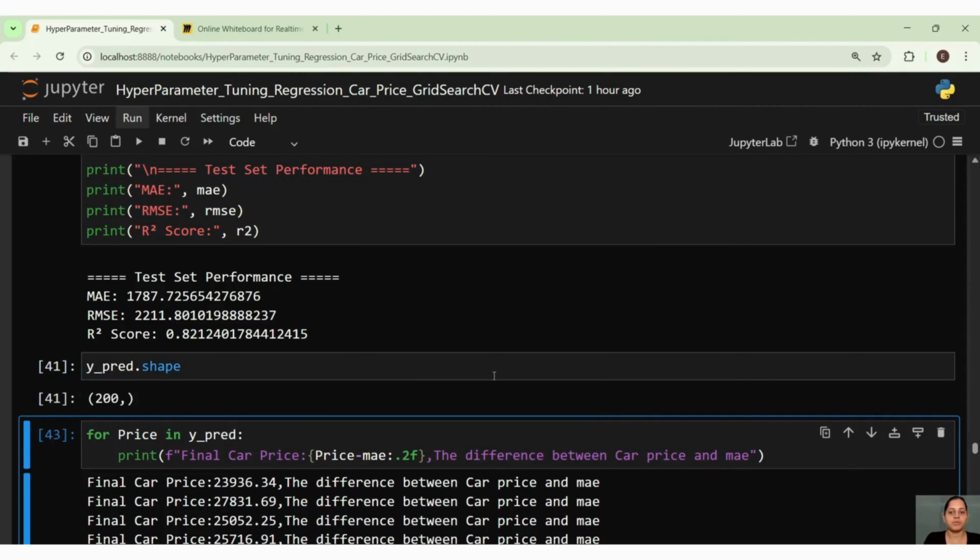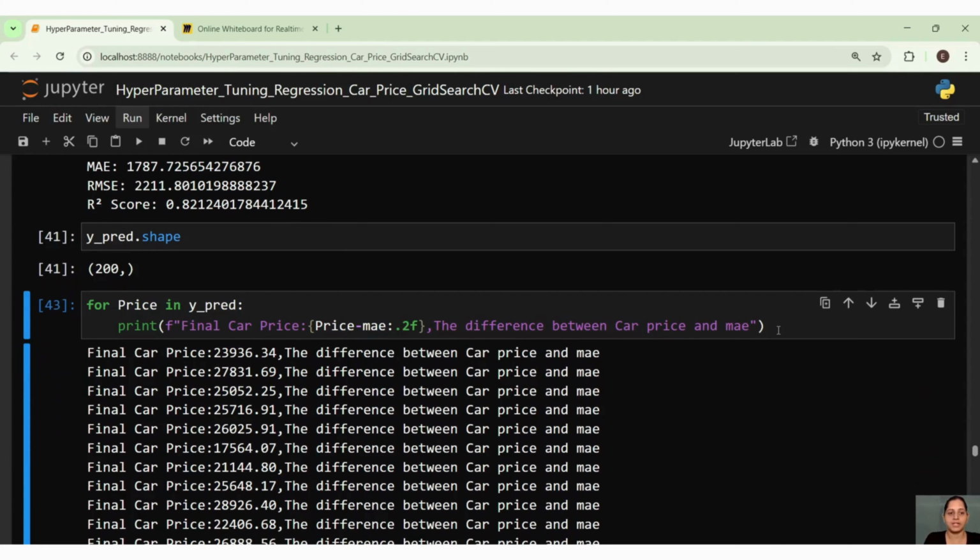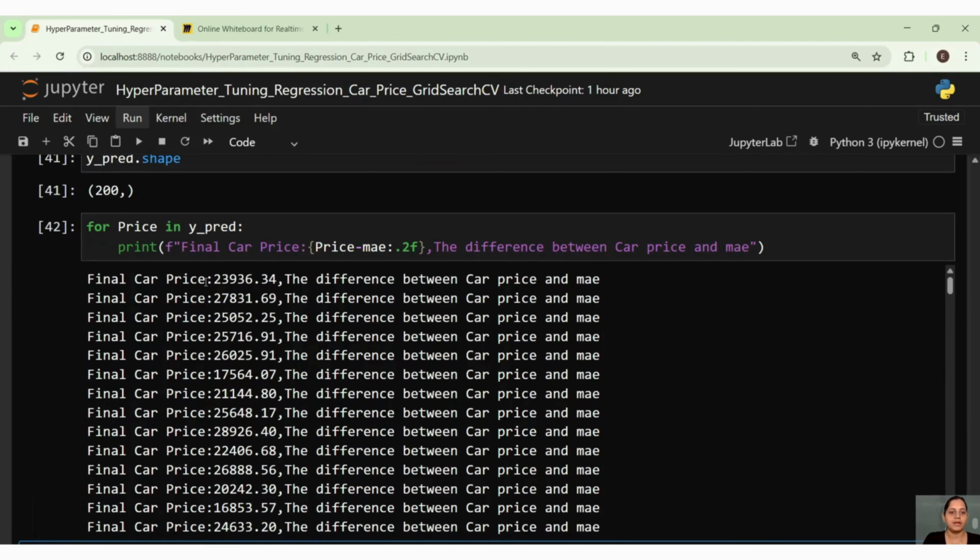And this is the shape of the Y predicted which we got, because we have used 20% of my data, right? Now, we will see what is the final price which we are getting. So, the final price is going to be, we have the actual, right? So, that actual is going to be the,